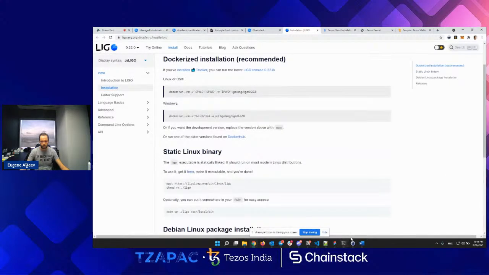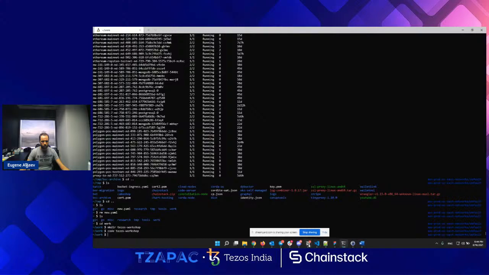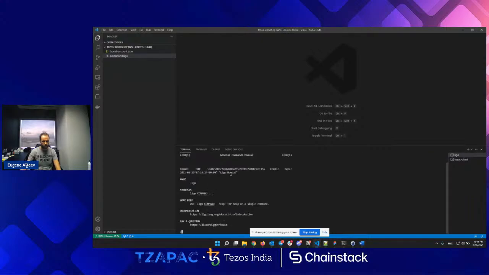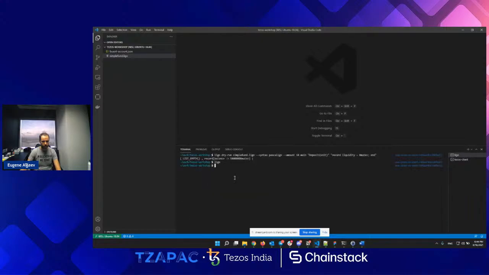What I've done, I've downloaded the binary for simplicity's sake, and I have a couple of command lines here, and basically I can run LIGO here. I see it's available. It's pretty nice.